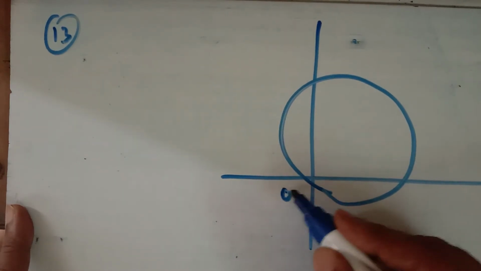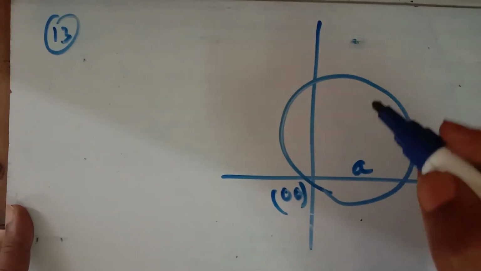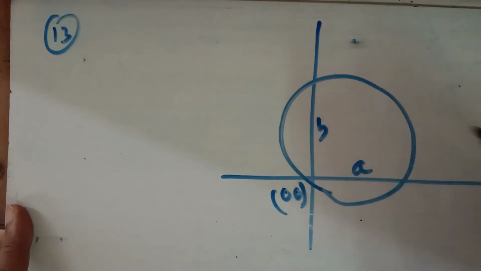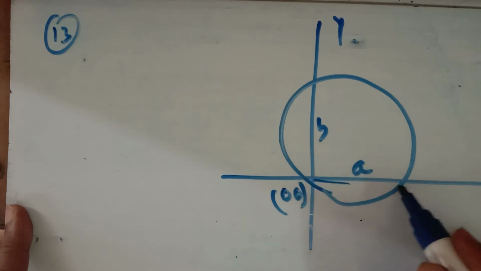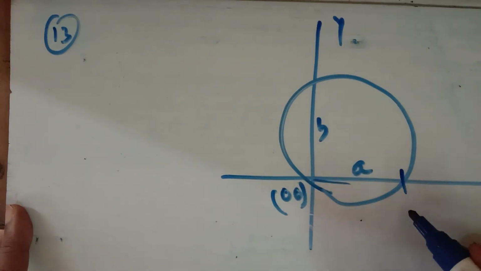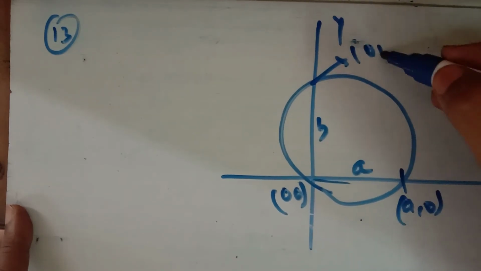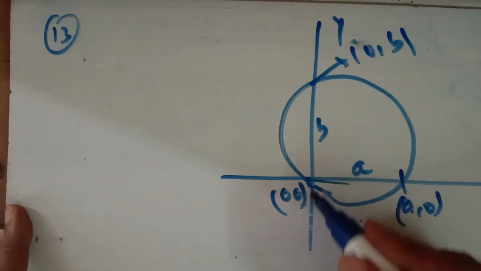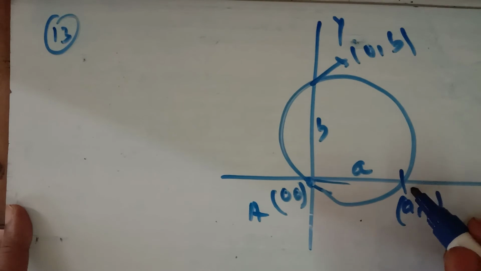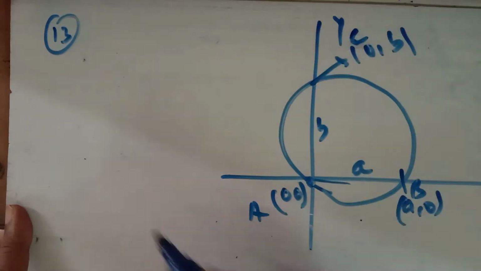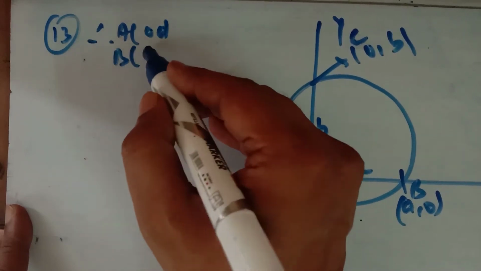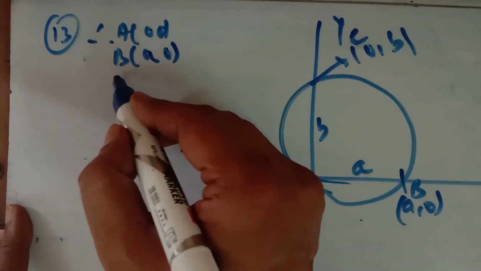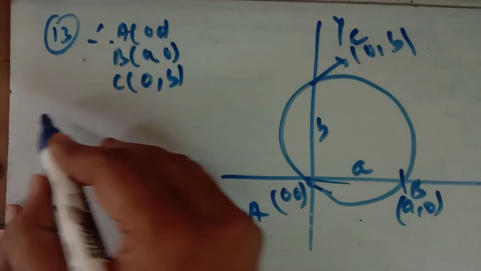लाइक दिस 0 0. एक्स इंटरसेप्ट उसका a है और y इंटरसेप्ट उसका b है. x एक्सेस, y एक्सेस. सो ये x इंटरसेप्ट a बना रहा है, y इंटरसेप्ट b बना रहा है. तो ये पॉइंट कितना हो जाएगा a0, ये पॉइंट कितना हो जाएगा 0b और ये पॉइंट कितना हो जाएगा 0 0. तो 3 पॉइंट्स हमें सर्कल के पता हैं. So therefore the point 0 0, the point a0 and the point 0b will satisfy.